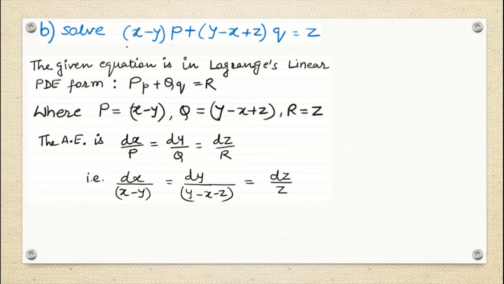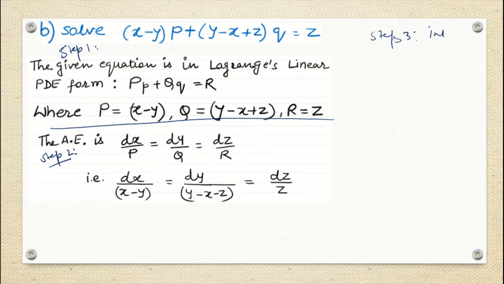So this question also, if you start trying, first thing is, you know that this is in the p dx plus q dy equals r dz form, and then step number 1 you have written down here. And then step number 2, which is the step where you actually have to work. You know that step number 3 is nothing but you have to actually integrate. So integration is there in your step number 3.